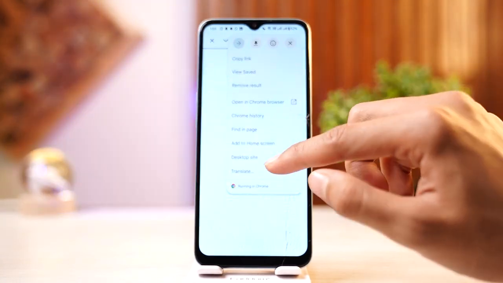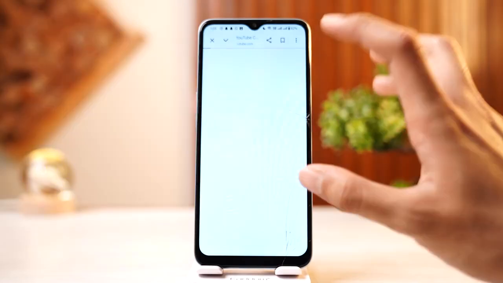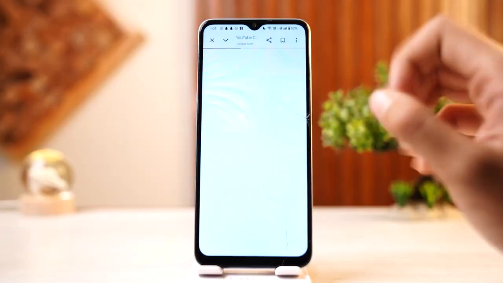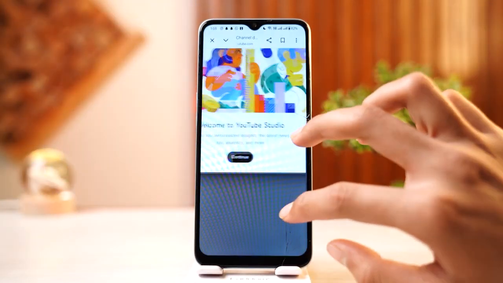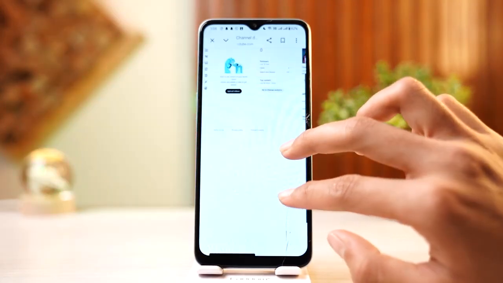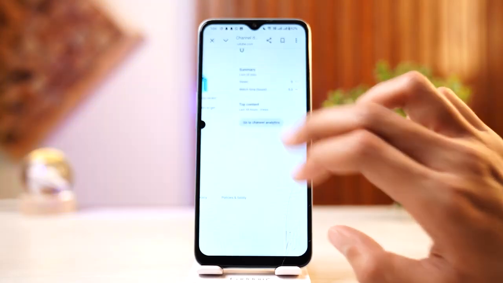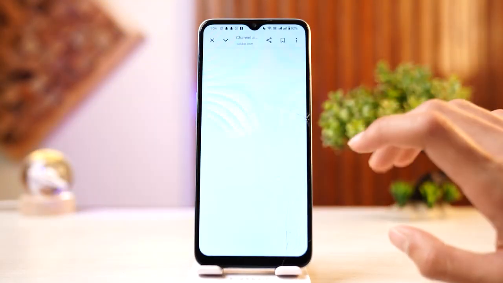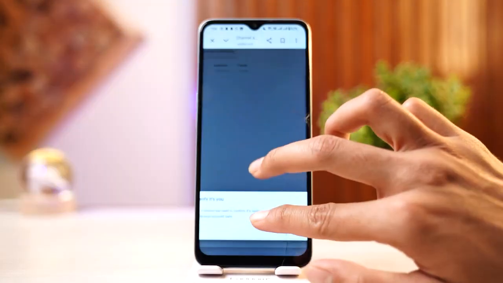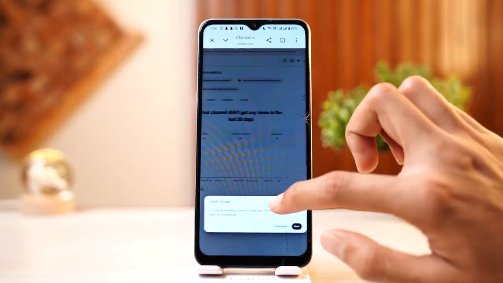Tap there, and you need to open desktop site for your convenience, or you can simply do this in this mobile site. And after that, just zoom in and tap on this continue button, and there you need to tap on this go to channel analytics. I haven't started live yet, so there will be nothing here, and you need to verify that it's me,